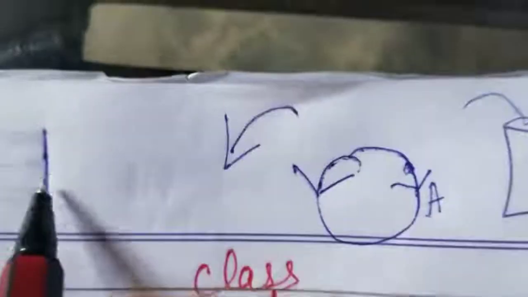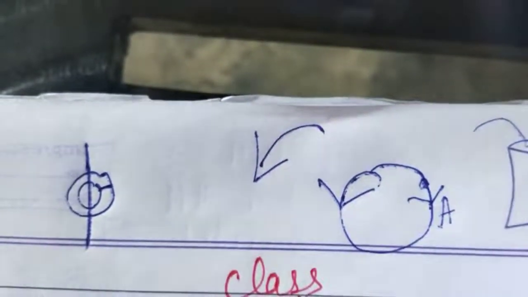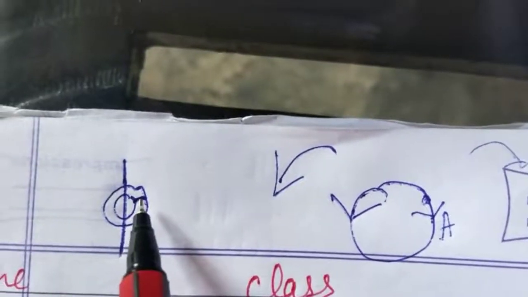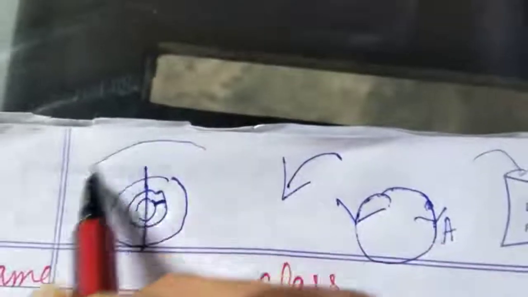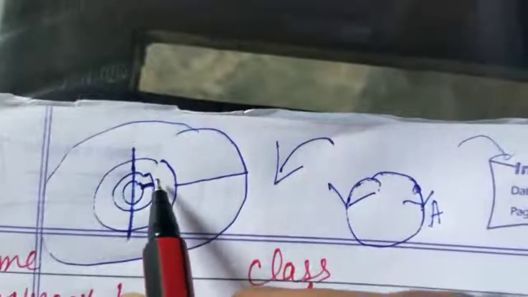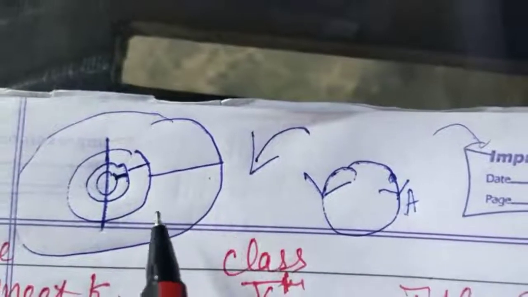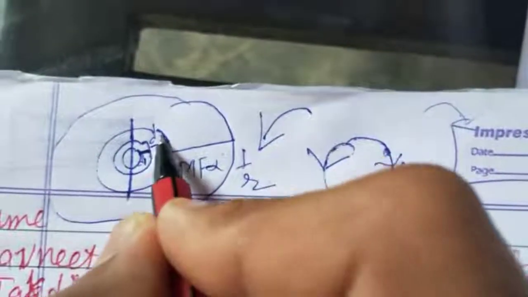And you know that this is a conductor. The concentric circles here will have very short distance between them because they are very near. The short distance represents that the strength of the magnetic field is more. If the lines are close to each other, the strength of the magnetic field is more. And as we move further, this distance increases, like this, this increases. Why is this increasing? Because the magnetic field is decreasing as the distance is increasing. The magnetic field inversely depends on distance. So D1 is less, D2 is more, and D3 is even more. So this is the concept.